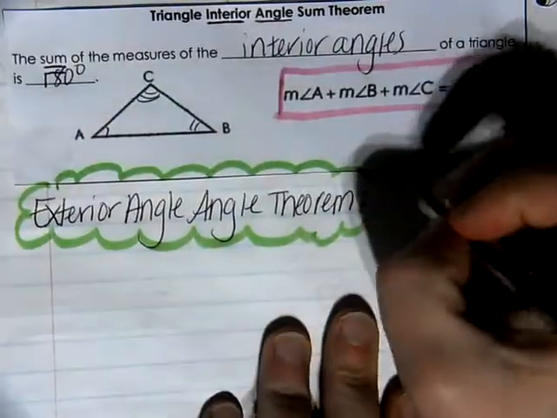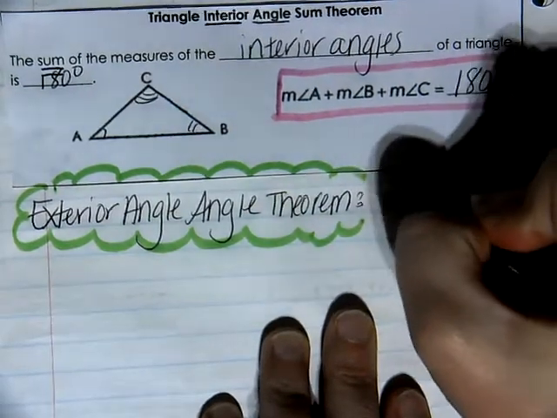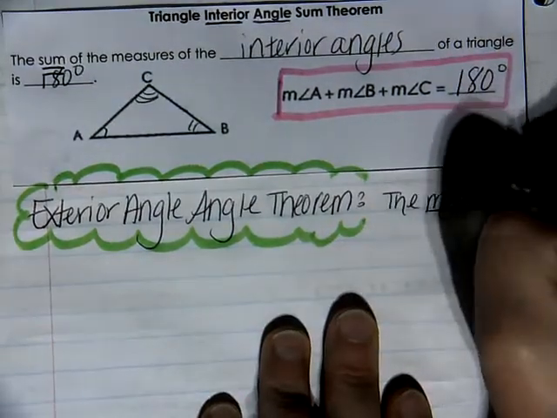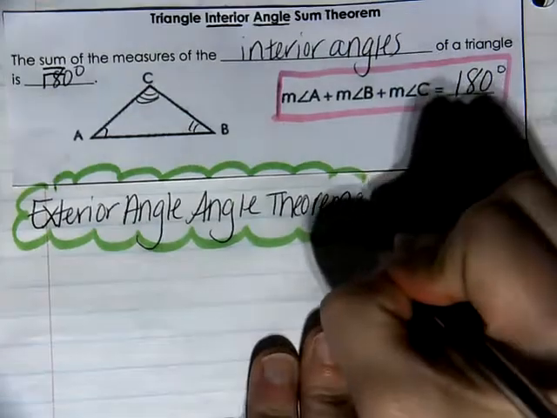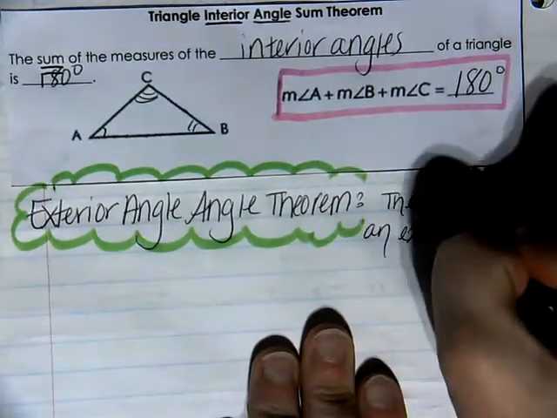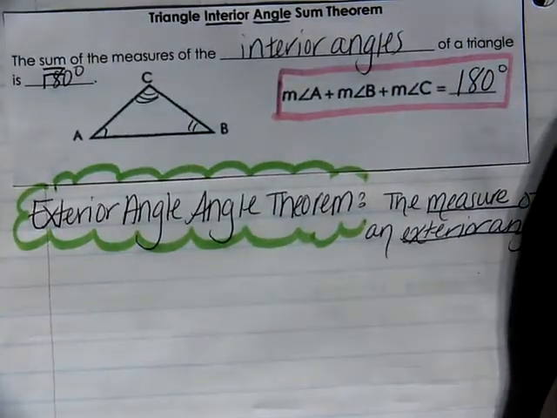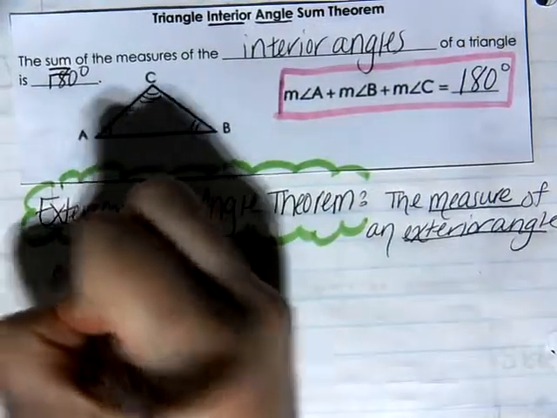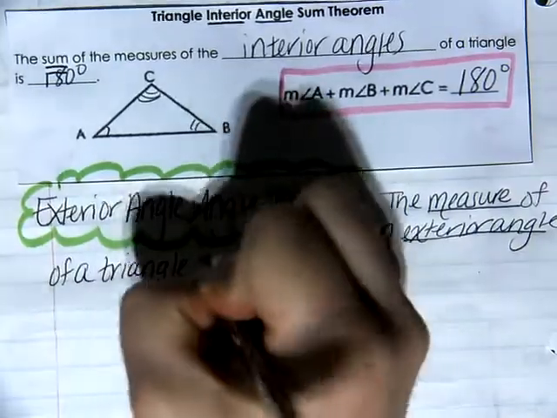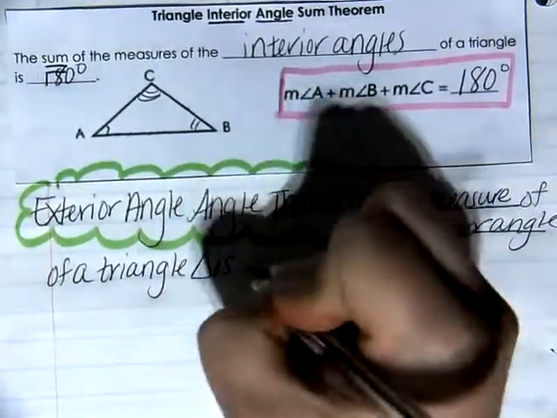The measure of an exterior angle of a triangle is equal to